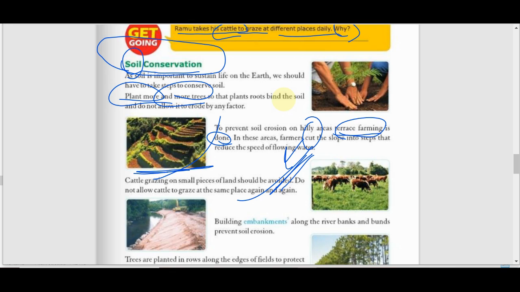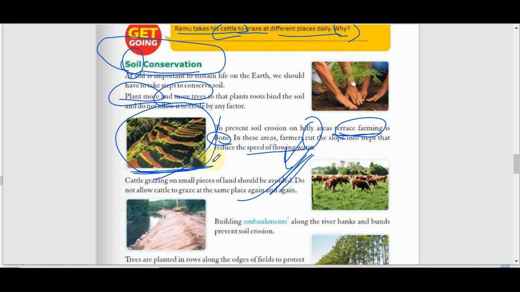Then it helps to protect the soil. So when we talk about soil conservation, we generally use terrace farming. I think you have seen that this kind of farming is generally done in hilly regions like Assam, the northeast regions, some parts of North India,